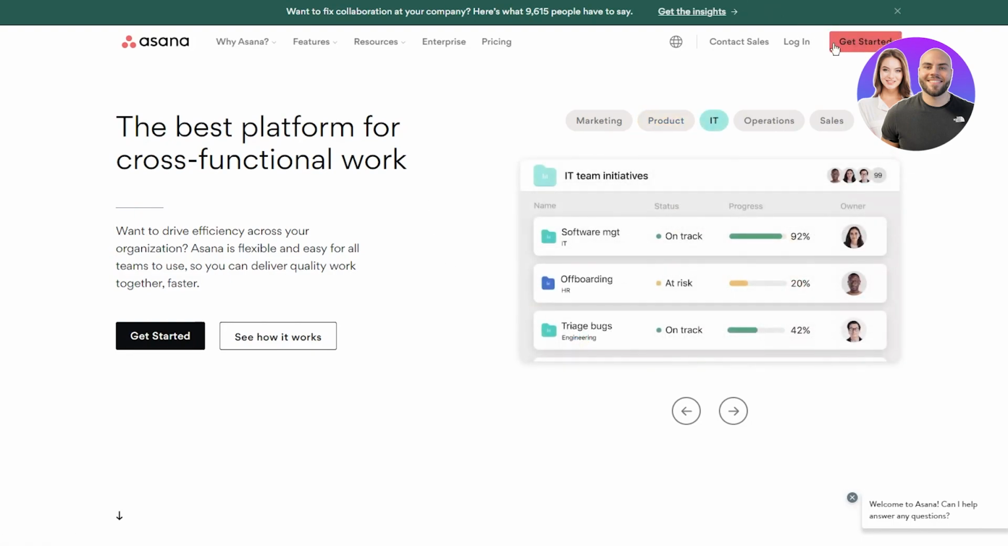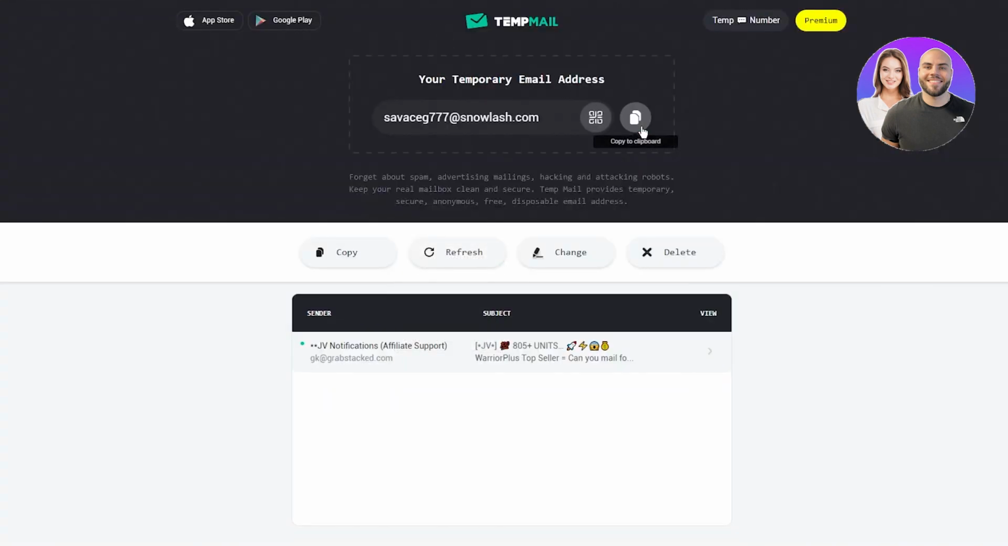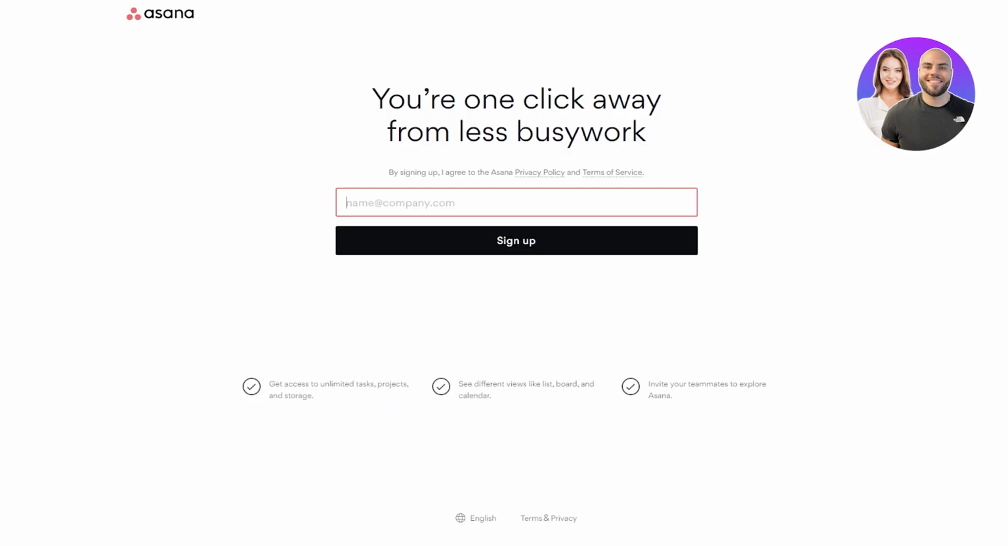going to go ahead and click on Get Started on their main website, which is asana.com. Now, they're going to redirect you to this sign up page. So they're saying you're one click away from less busy work. So just enter your email. Now, I'm going to be using a temp mail in my situation, but you can use a proper email if you want to. So once you add that in and click on sign up, what's going to happen is